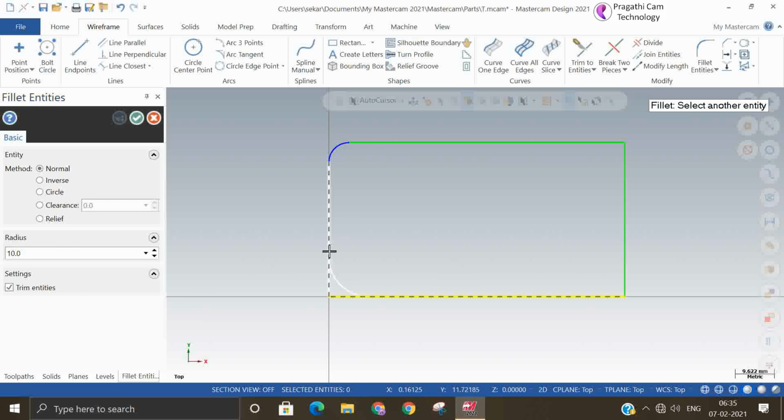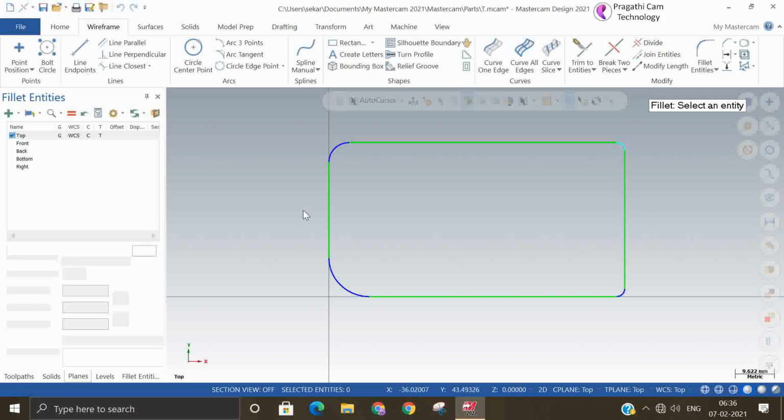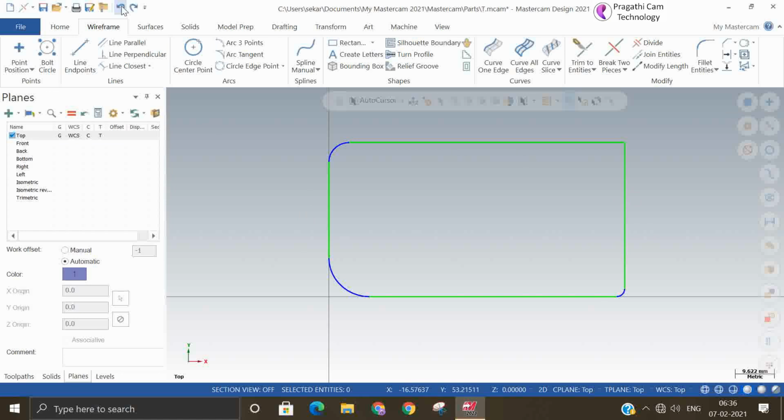But in the chaining option you can give only one fillet radius to the entire job, the entire chain I mean to say. So different arcs and different corners may not be possible in the second method. Okay, that is the chain method.